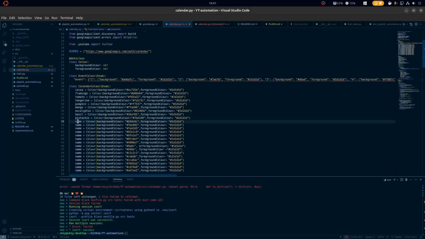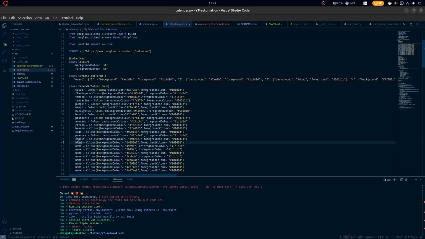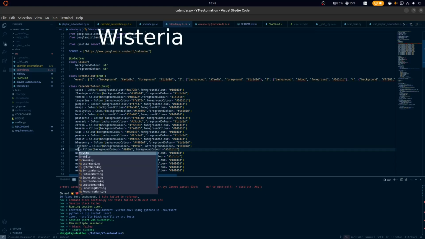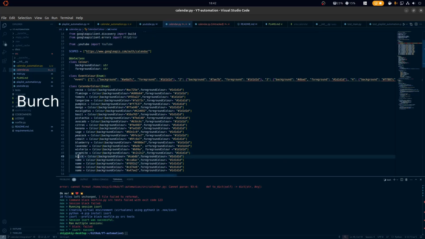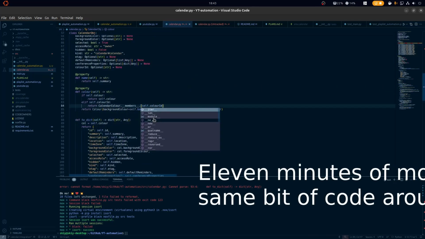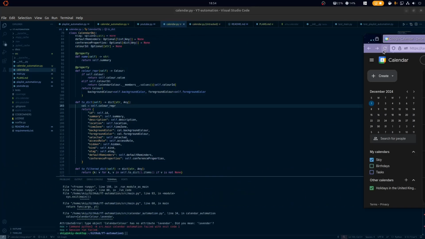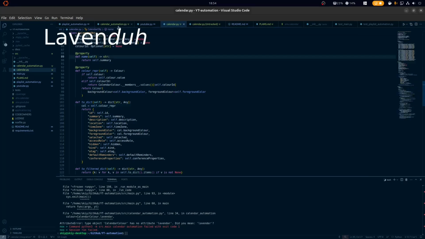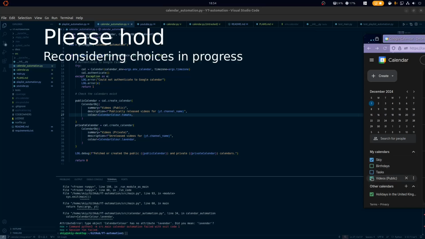Alright, I really hope this works. It's annoying. Banana, sage, cobalt, blueberry, lavender, wisteria, graffiti, birch, red, amethyst. Has that worked? Fuck! I did mean lavender. But did it work at least? Did it make a tomato colour thing? No.